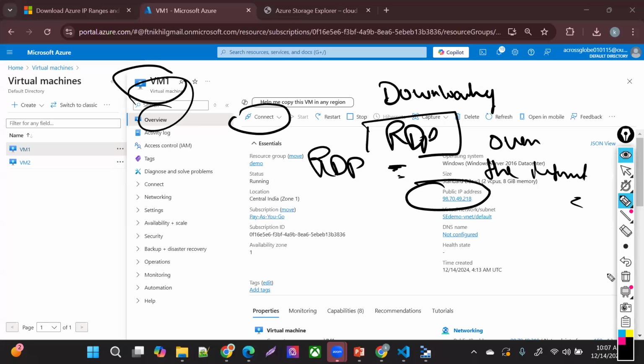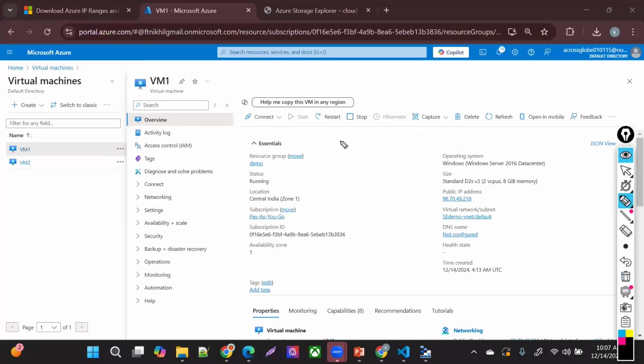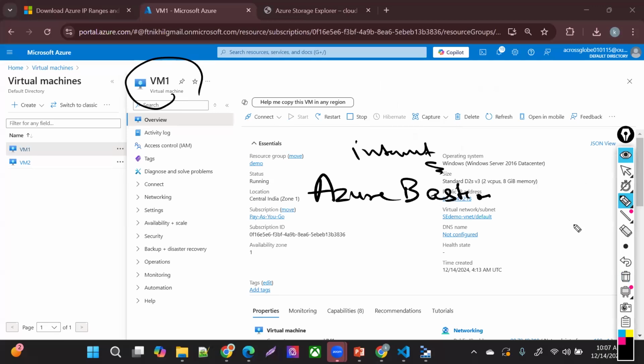But what if I tell you there is a way to access this virtual machine over RDP without going over the internet? That way we call the Azure Bastion service.